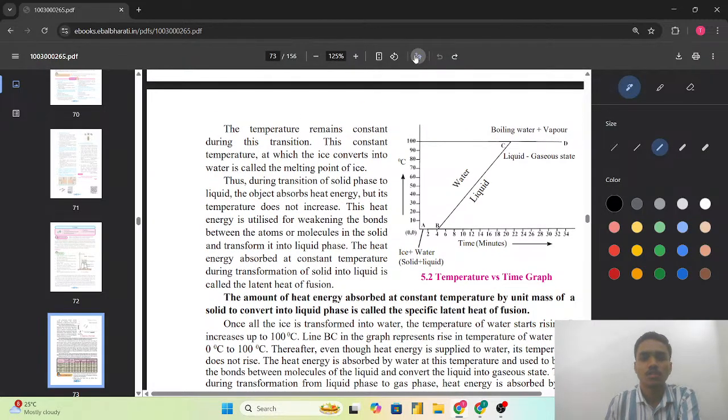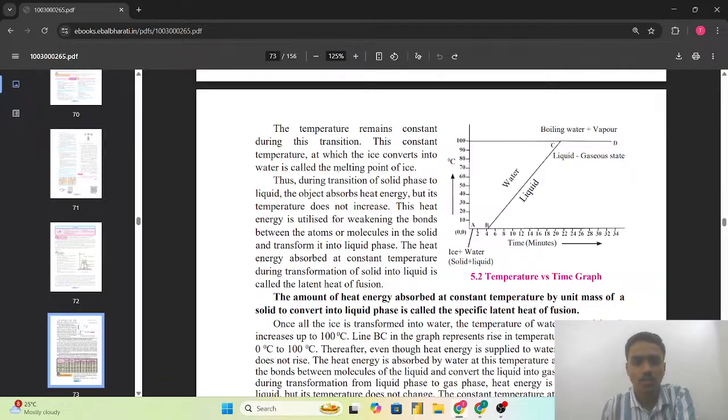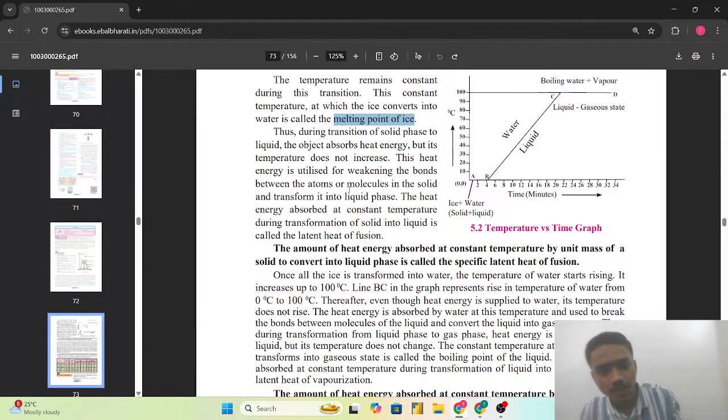So from this, we can see here the concept of the melting point of the ice. The temperature remains constant during this transition. This constant temperature at which ice gets converted into the water is called the melting point of that ice. So, during transition of the solid phase to the liquid, the object absorbs the heat energy, but its